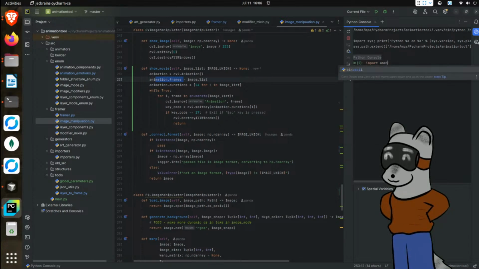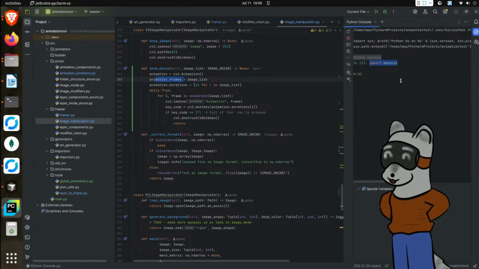I think I'm spelling it wrong. There it is, asyncio. Yeah, this library, which just happened to vanish. There you go. Asyncio. So this library right here,